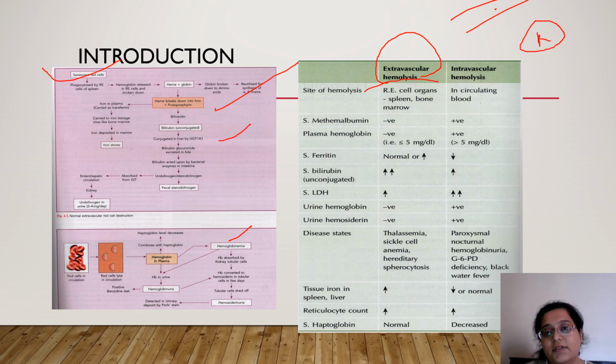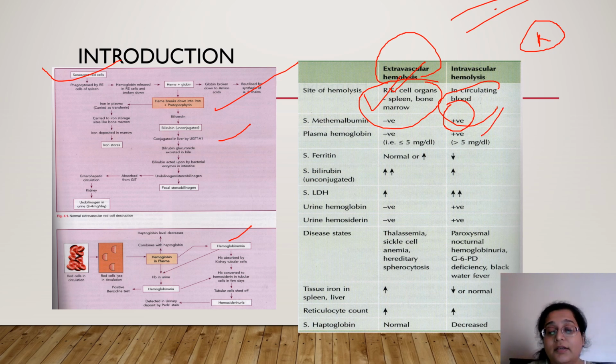So this involves the reticuloendothelial system, and this is in the circulating blood. But obviously, if it is involved in the RE system, the methemoglobin which is formed will always be formed when the blood breaks in the vessels, not outside. We all know how methemoglobin is formed. Plasma hemoglobin, of course, this is breaking in the spleen. So why would the plasma free hemoglobin increase? So it increases in the intravascular.